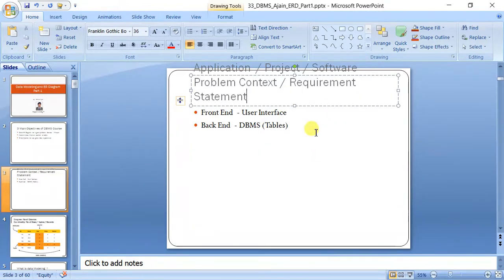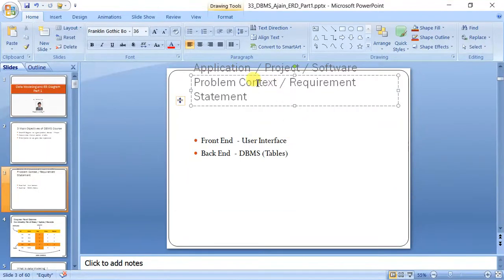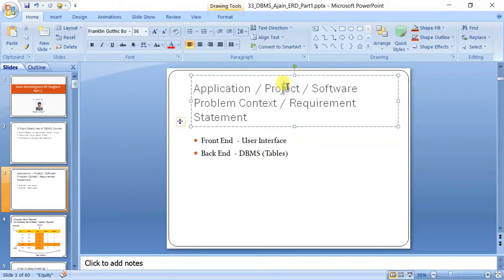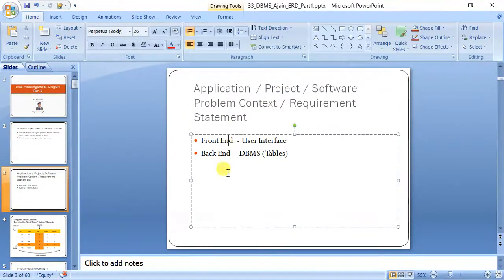You call it anything, but the idea means the same, that you are given a specific project, problem, software, and you need to develop or code it. In that you have to develop two things mainly: your front end, through which the user will interact with the software, and the back end, in which the data will go. That is the ultimate aim.